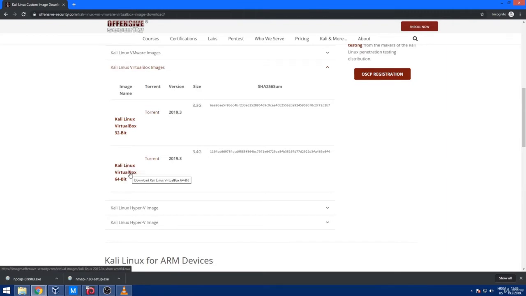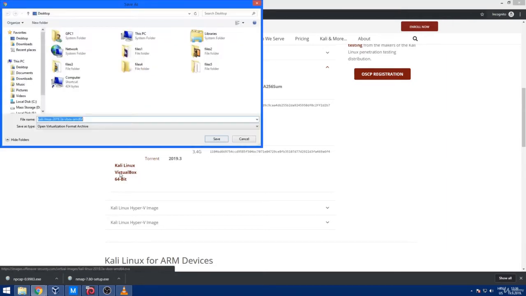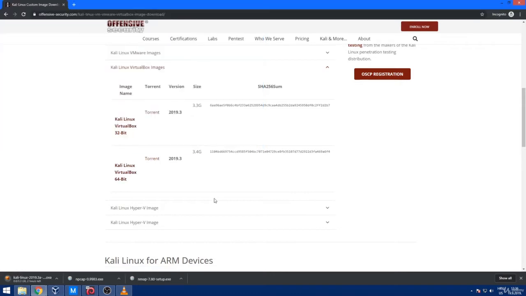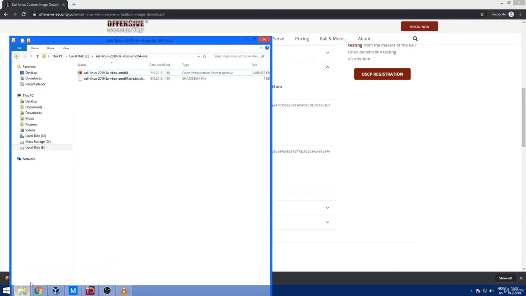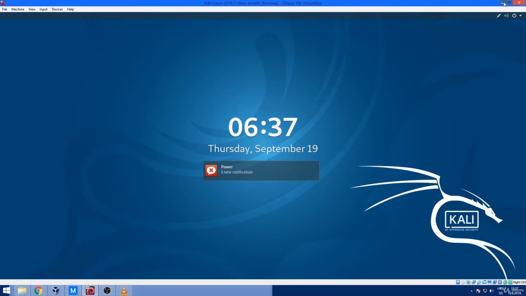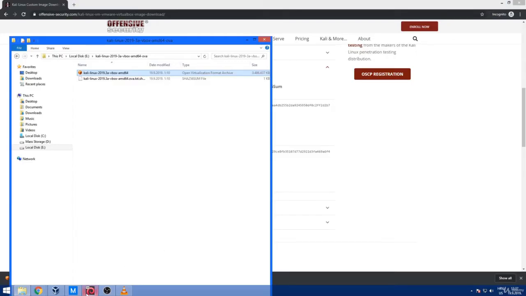Here you can download this VirtualBox image, even with a torrent, but we are going to use regular download. Just click on Kali Linux VirtualBox 64-bit and save the file in your desired destination. Now I'm going to wait for the download to finish. Since I already downloaded the VirtualBox image file, I'm going to skip that step and open the destination of our